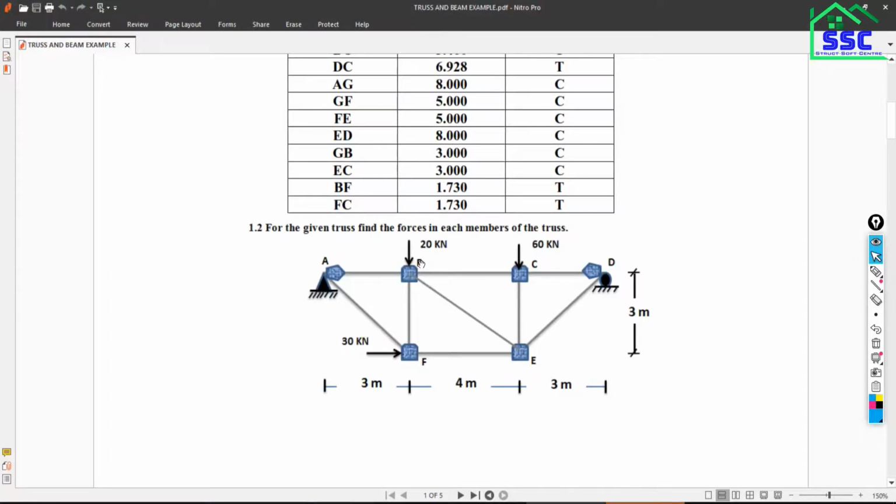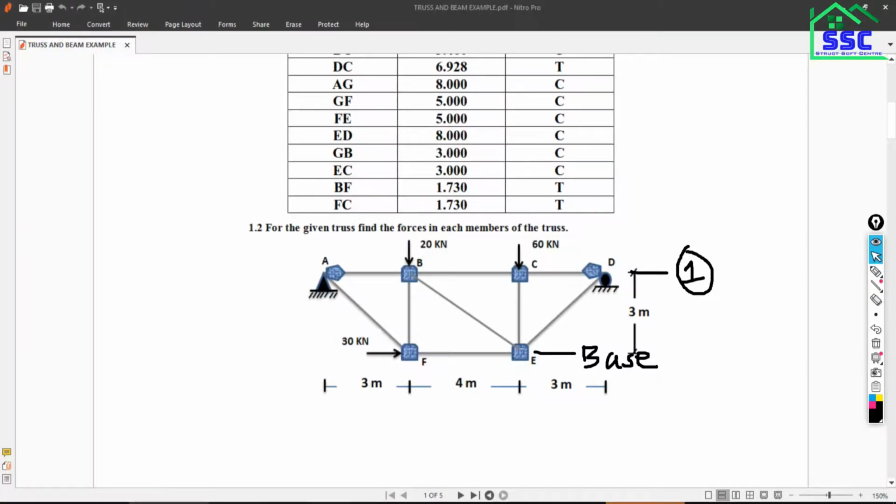Now just come back. Here we have to model this truss, a simple truss. So can you tell me how many grids in X direction we have to form? Exactly. This will be one, this will be the second, this will be the third, and this will be the fourth. So four grids will be in X direction. And how many levels in the Z direction? See, ETABS will by default give this as base. Is that okay? And this will be the first. So how many levels we need to put there? Only one. Good, very good.